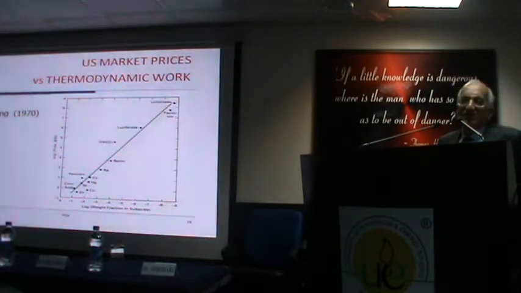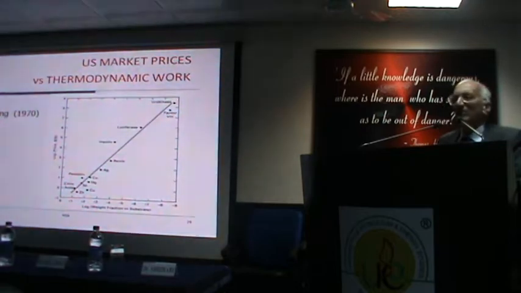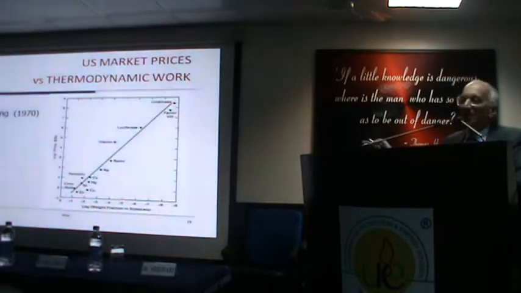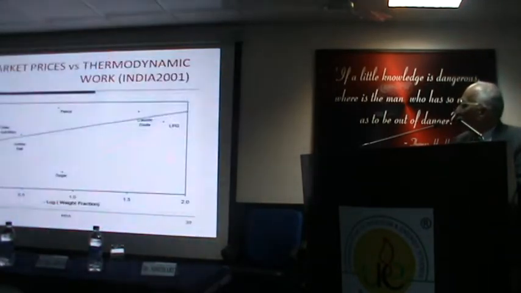weight fraction. It's not mole fraction, he uses weight fraction because naturally occurring substances are often reported in terms of weight fraction. And anyway, you have gamma 1, which you don't know. So you approximate it by log of weight fraction and plot. Look at the remarkable straight line. One data is from the trade journal, the other one is from raw materials that occur as they occur in nature. And I've done this plot in 2001 for India.